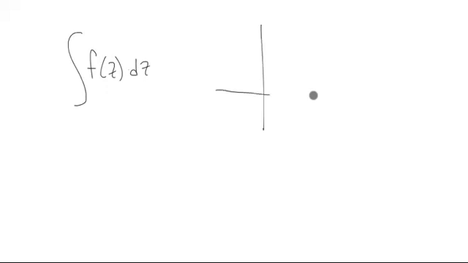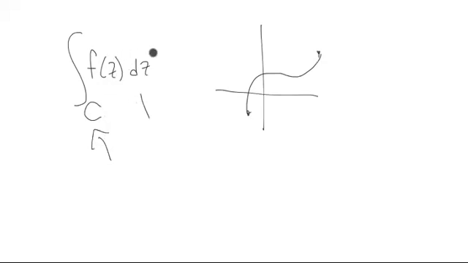Now, what does it mean to integrate? If I have something like f of z, and then a dz here, how would I be doing this? Since complex numbers live in a plane, when we integrate, we need to integrate along something. So actually, we're doing line integrals. So maybe we have some kind of curve or path, C, that we have to deal with. All right, that's maybe one notion. Another thing we